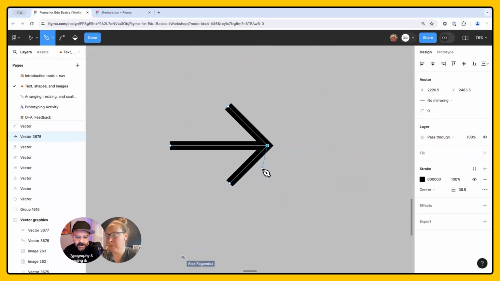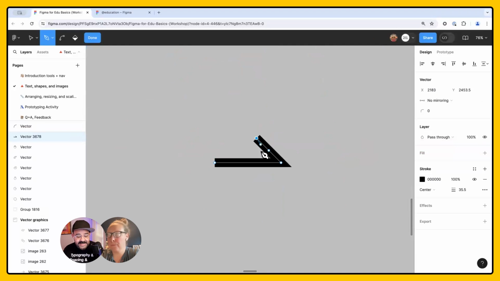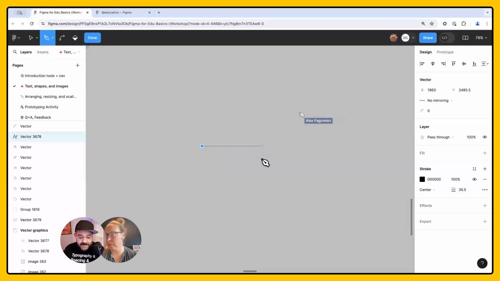So vector networks is a concept that was pioneered in Figma that allows you to have multiple lines come from the same node point. So if I was to draw an arrow, and this is one of the first things that I did in Figma, I'm going to click a point, hold down the shift key. Shift key is going to keep it straight, a nice even angle. So click, hold a straight line, click, and I'm going to hold the shift key. It's going to create a nice 45-degree angle.